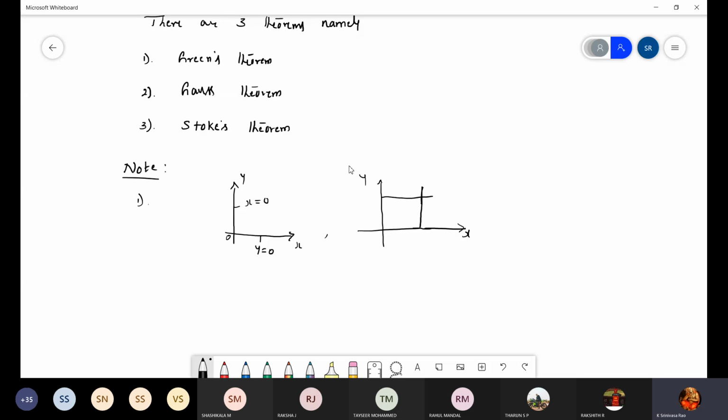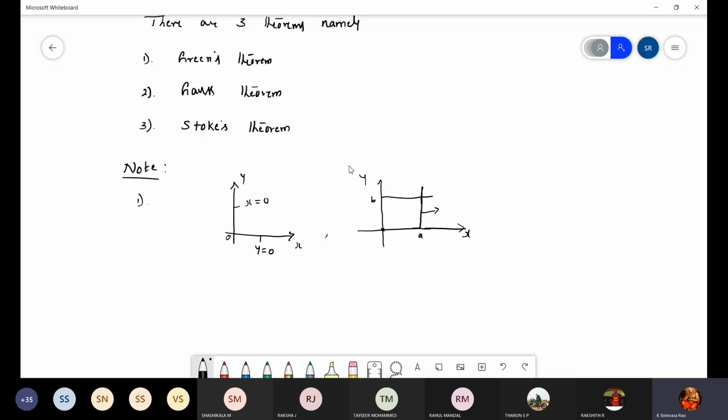Can anyone? For example, from the origin, on the x-axis it has a units, and you draw one perpendicular line. Similarly, on y-axis, it has b units. Then what is the equation? Can anyone? What is the equation of this first line? Y equal to a. Y or x? Try to understand.